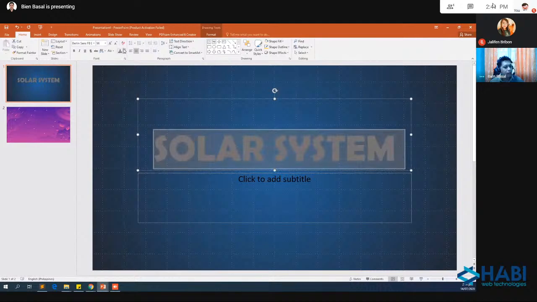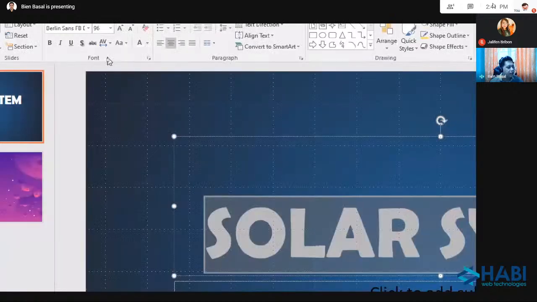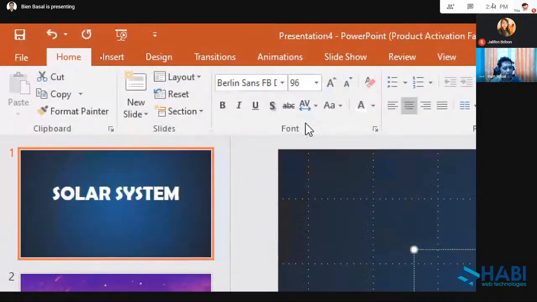Now, what I want you to observe here, formatting in this Home tab under the font section, these are the basic font settings or font formatting options, like color and font size.